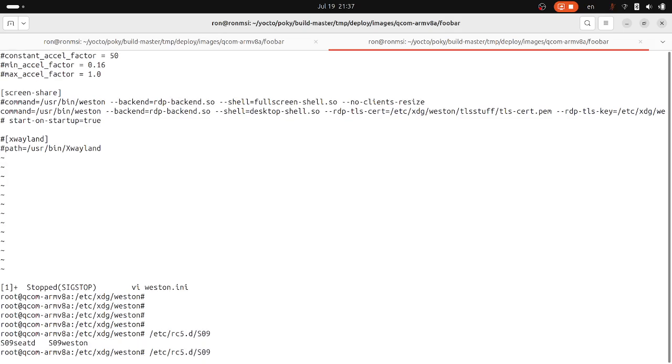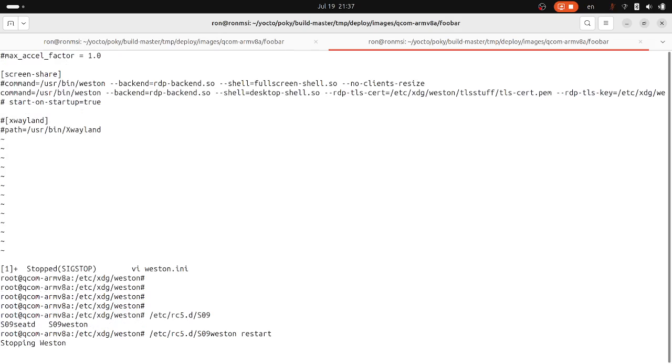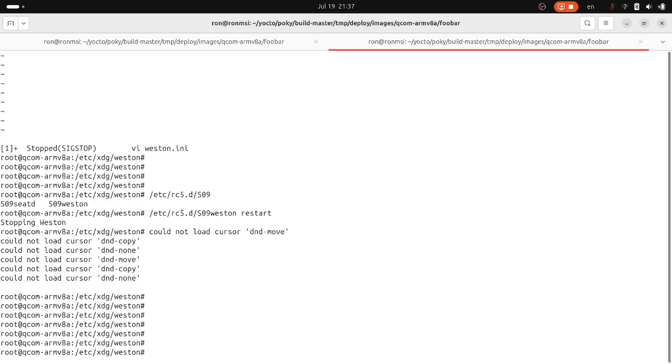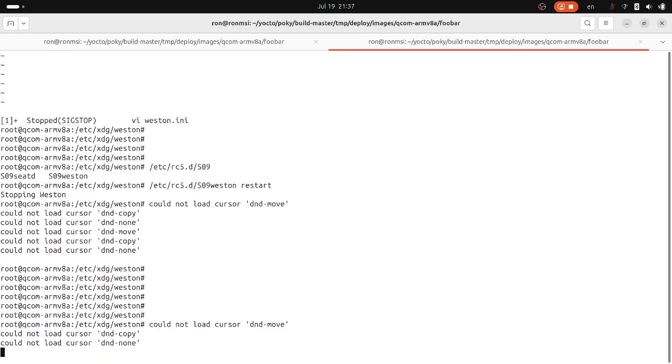We should already have the seats there because Weston ran. And Weston, and I will restart it. Now I see the screen, okay? I see my own screen, which is good. I click the terminal. This is why we can now see "could not load cursor" and so on. Okay, and what I'm doing now is actually clicking